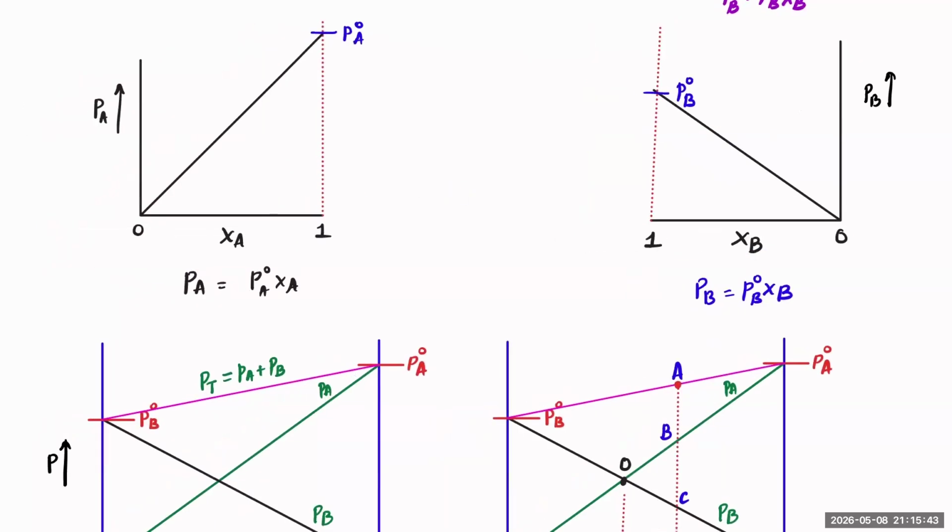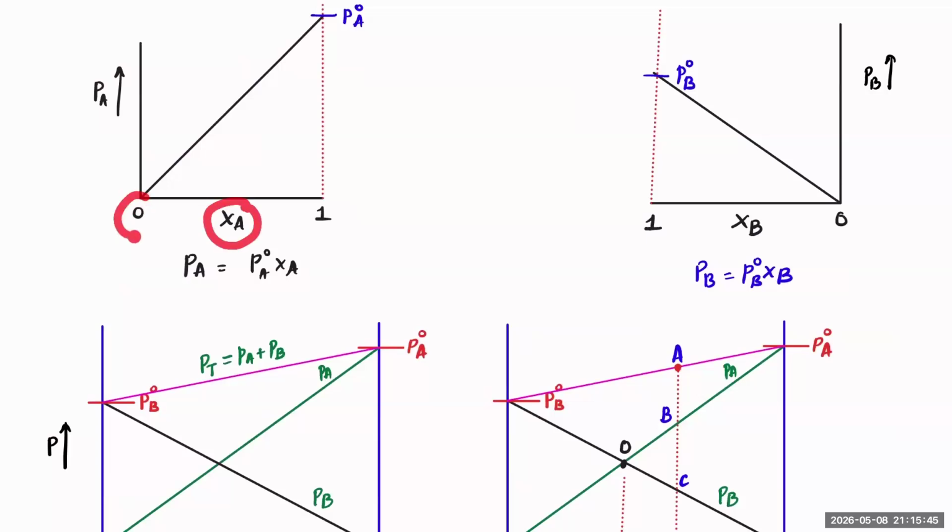How? When XA is equal to 0, that means there is no A, which means it is pure B. When it is pure B, then XB should be equal to 1. And when XA is equal to 1, XB has to be 0. So this point and this point can be same, and this point and this point can be same. So that's why we merge these two